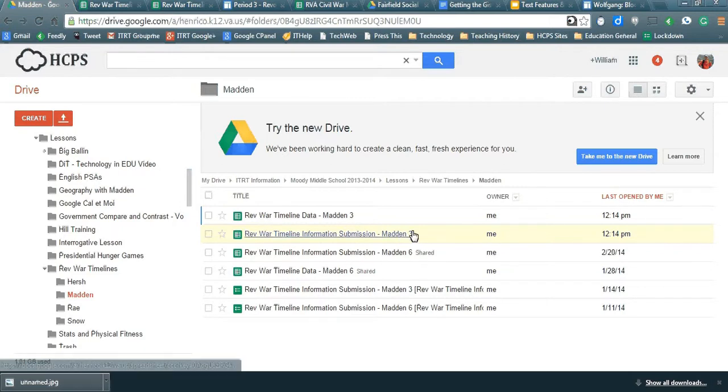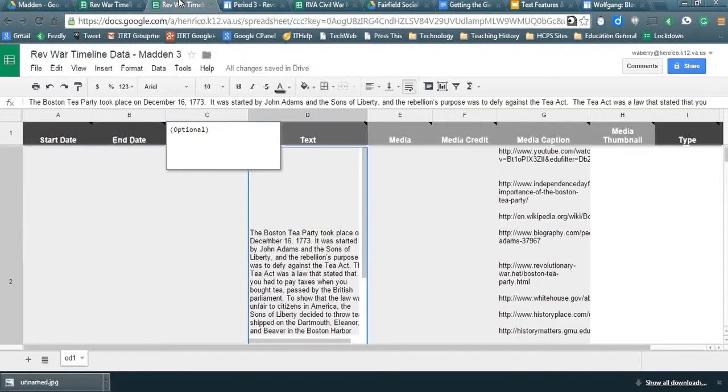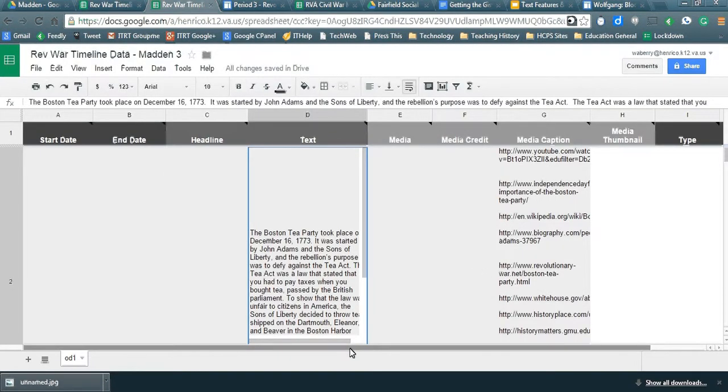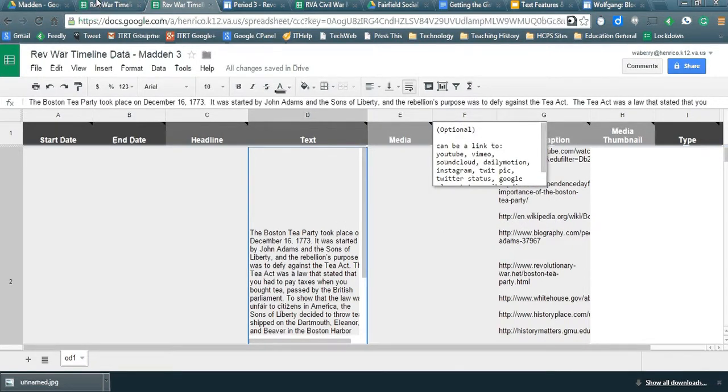And I also made a data form, and this is the one that feeds directly into the timeline.js, which you can then embed in the website. And the reason I made two separate ones is because the timeline.js form has to look exactly like theirs. So you copy a template from the website, and this is where the information actually comes from that displays